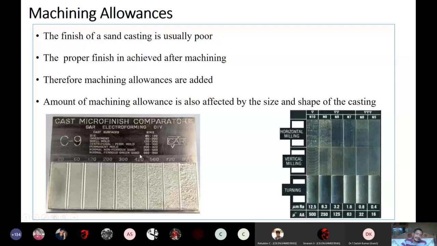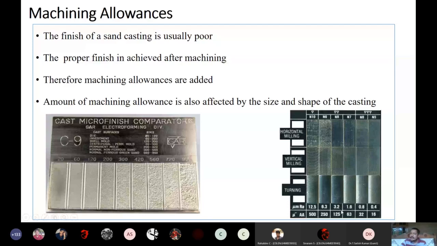So you can see that in this case, the surface is not at all smooth. The surface has irregularities. If the surface is irregular, the appearance of your product or your part is not as good. And based on further applications, if it is a shaft and you want to fit a bearing on it, you cannot fit it on a surface like this. If you fit it on such a surface, more issues will come, and the life of your product is going to go down. So what you have to do is go for machining so that you are able to achieve a fine finish.